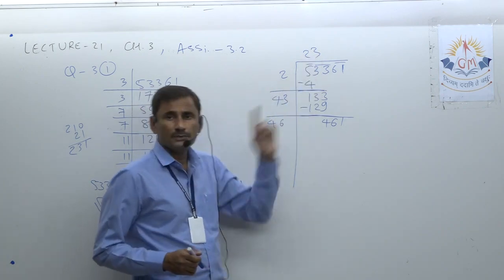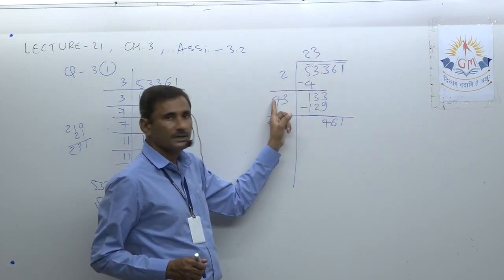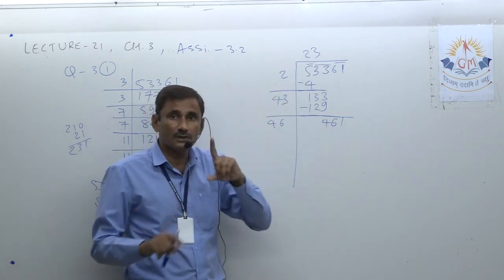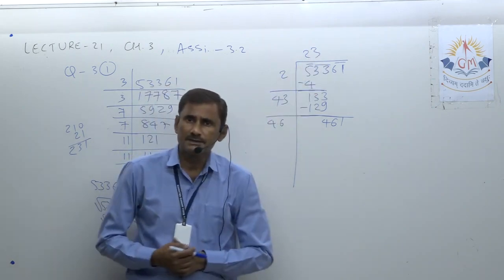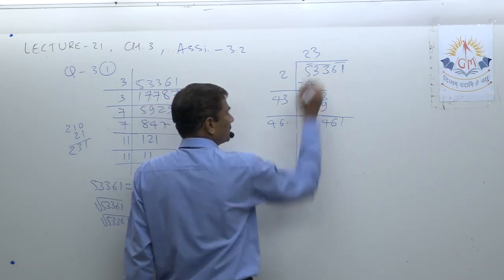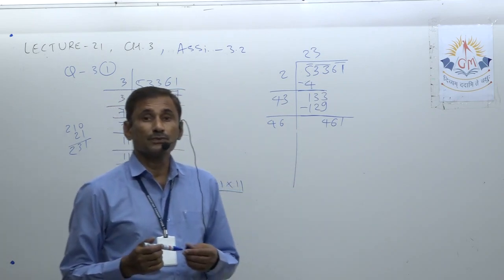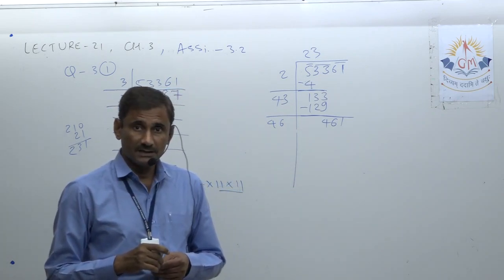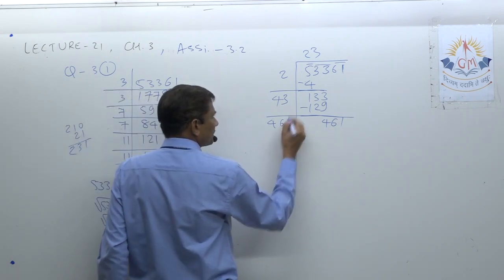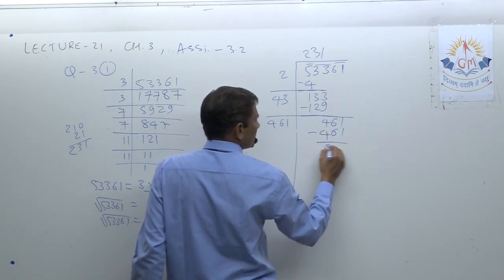What? Double of the quotient. In the initial step, 2 was there, so I have written 3 here. Now at this step, 23 is already there, so I have written 46 here. Now either 1 1s, so 46 1s are 46, 46 2s are, 46 3s are, like that. But it is very easy: 46 1 1s. So we got remainder 0, means it is a perfect square.